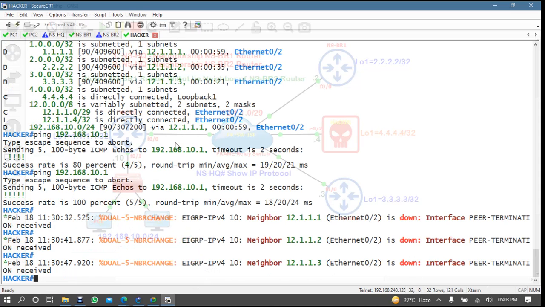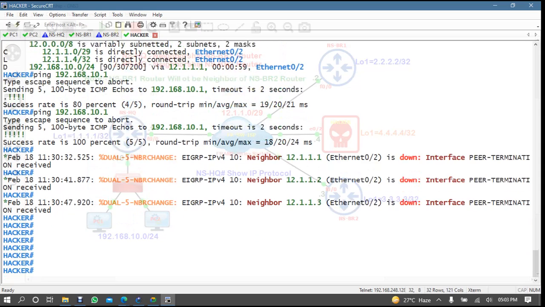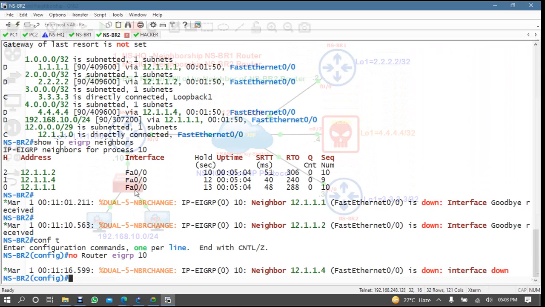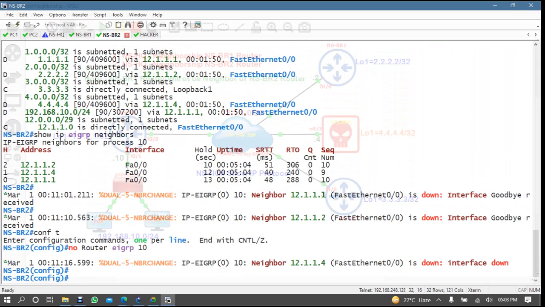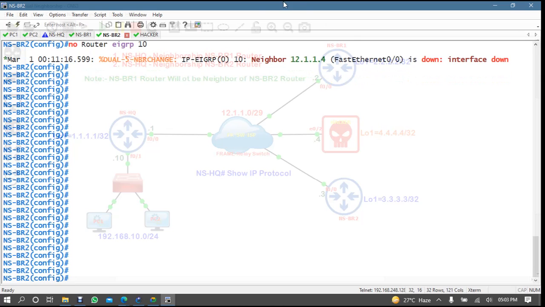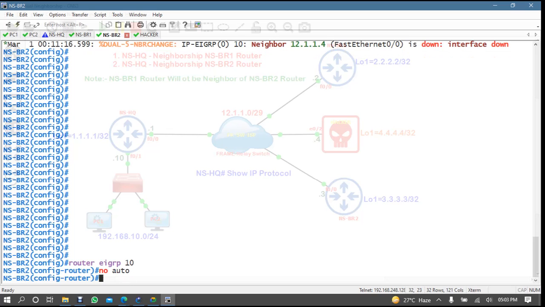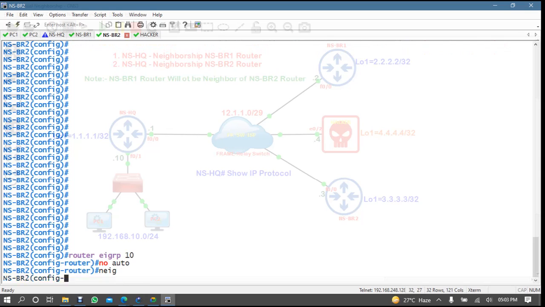But still you will see there is no neighborship on the hacker. Branch 2 is remaining, so I'll come to my branch 2. Router EIGRP 10, no auto-summary. The neighbor is 12.1.1.1 connected with FastEthernet 0/0.